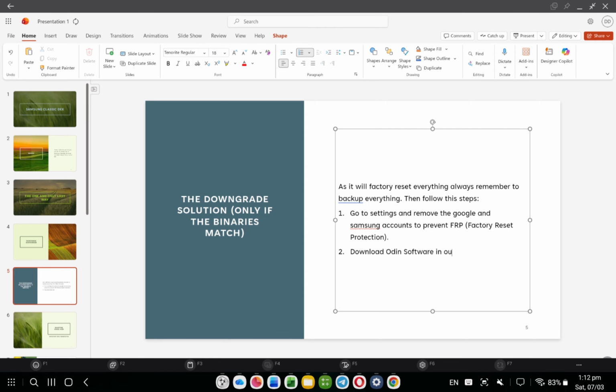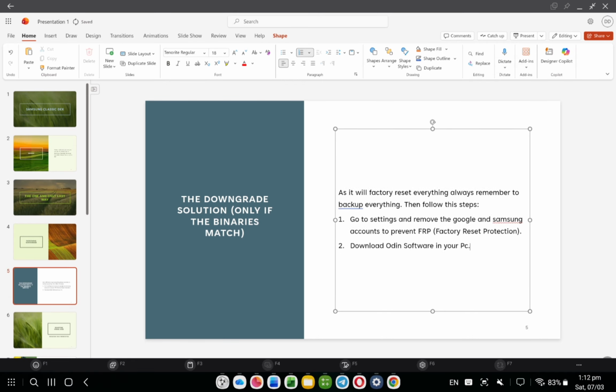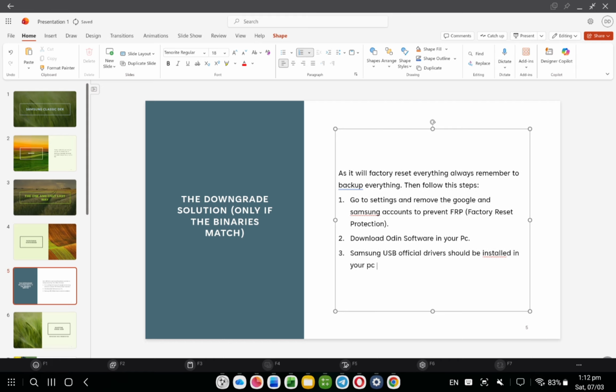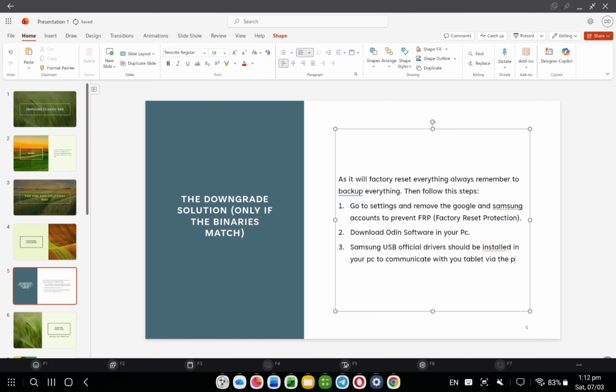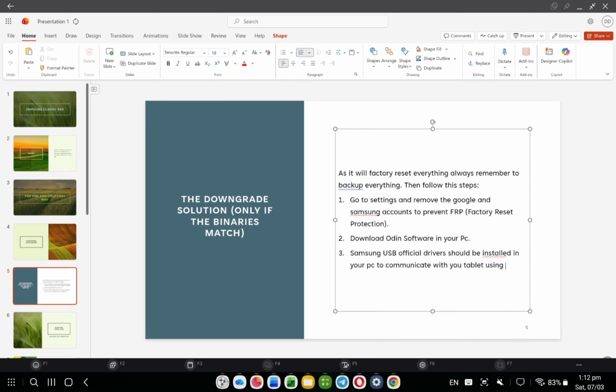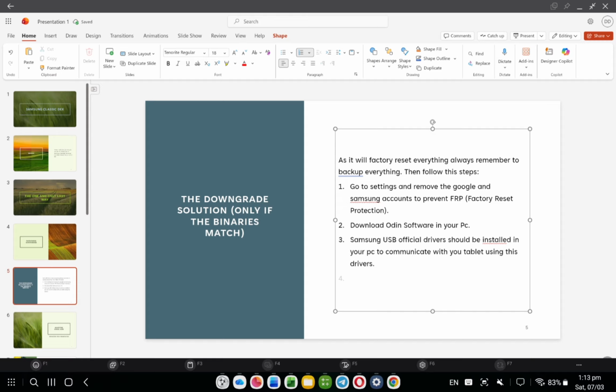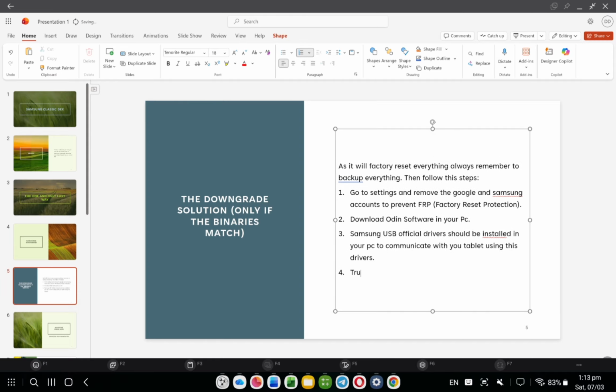6, then first of all you have to back up everything, as it will factory reset everything. So first of all, you have to prevent FRP, that is factory reset protection. So you have to remove the Google and Samsung account from your device. Then you have to download Odin software on your PC. Then you have to download the Samsung official drivers and install them on your PC to communicate with your tablet using